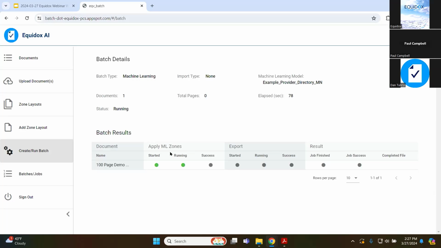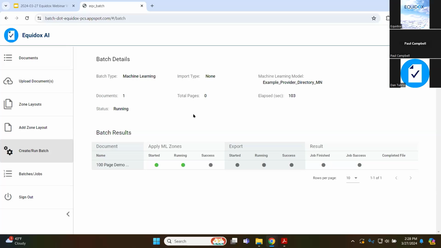So we're letting the machine learning kind of do its thing here. This is a long document, and there's a lot of tags for it to interpret and apply. But what we'll see when we export the document is very similar to what we saw when we exported the bank statement. We are going to have accurate tags where it's properly accounting for the reading order, properly accounting for the heading structure.